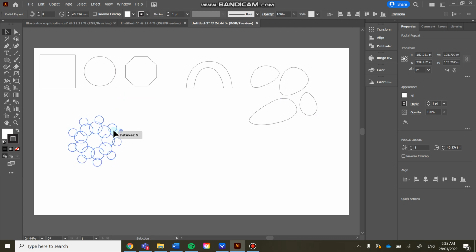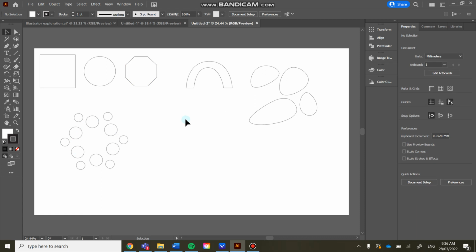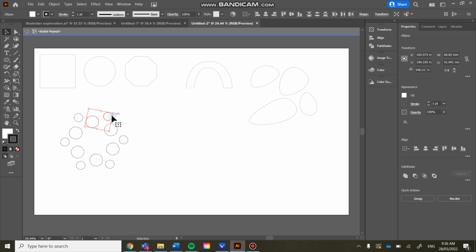You can reduce the amount of instances of your repeat. You can add more. Again, up the top here, there are lots of different ways you can do it. You can reduce the size, increase the size. I might do 6 is good. Great. Now if you notice that maybe you wanted to change the placement, I can double click in